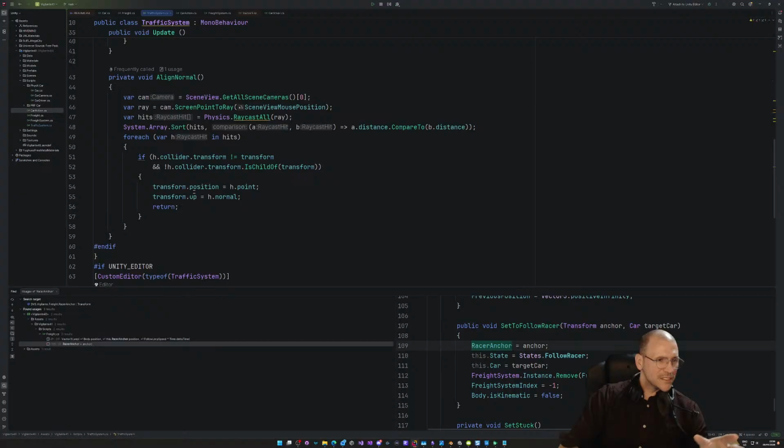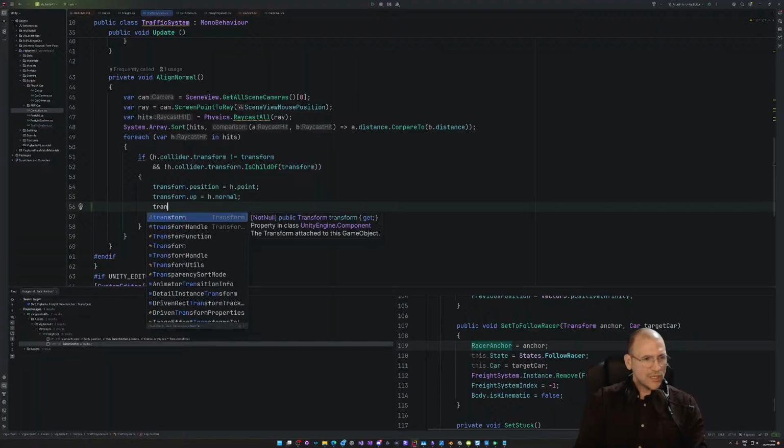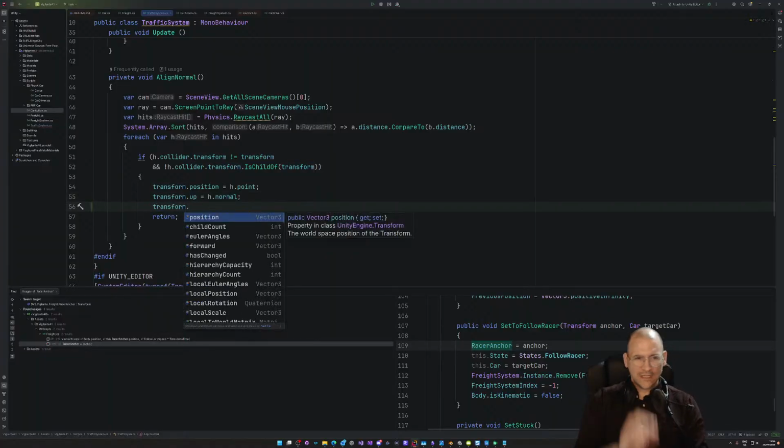Okay, so we align normal. Now, when we're setting the position, we say, here is the position. We set it and we realign the normal. We are doing nothing to push away from that. So now we're setting transform up to match the normal. So now if we translate across the up vector,